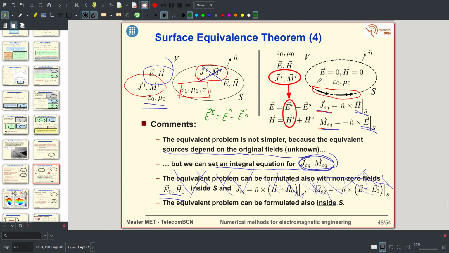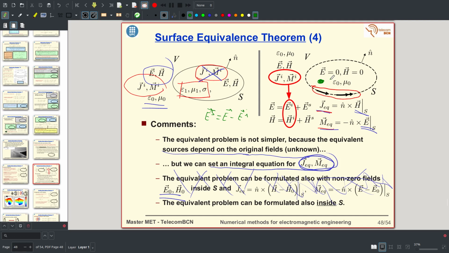And now we define zero fields outside and non-zero fields, the original fields, inside S, and we make a similar formulation to obtain the fields inside S. In the case the object is dielectric, we use both formulations simultaneously to set the system of integral equations. But this is more advanced, and in this course we will keep to the simpler